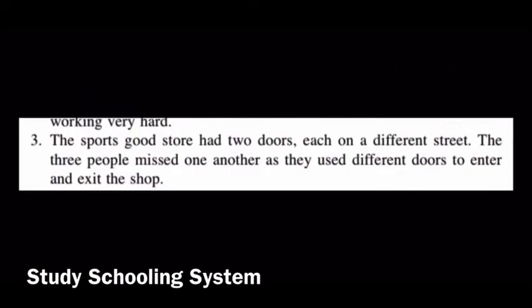So look at number 3's answer. The sports goods store had 2 doors, each on a different street. The 3 people missed one another as they used different doors to enter and exit the shop. You can also mention what different streets if you want, but this is the exact answer which you can also